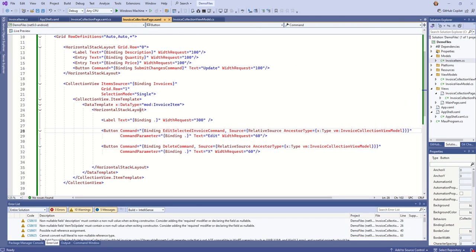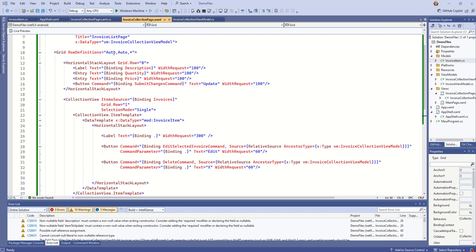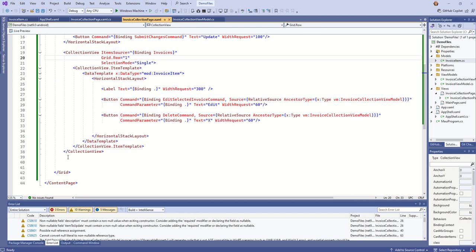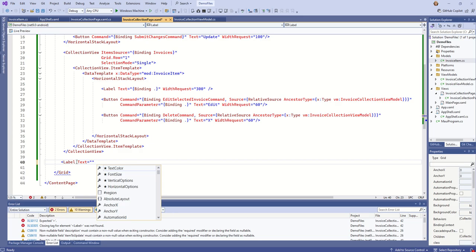So I'm going to start by creating a new row with a label in it in our XAML page. This page is currently set up to have 3 rows. The editing form is in the first row, row 0. The collection view is in row 1. So in row 2, I'm going to create a label, and the purpose of this label is going to be to show us the count. So we'll create a label element here, with empty text for now. We're going to put it in grid row 2